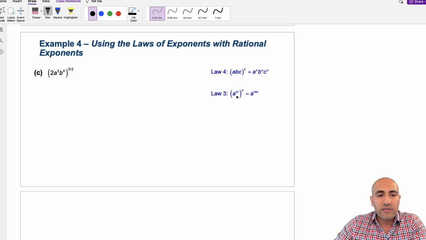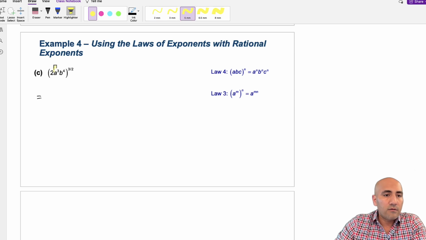And we've already dealt with this property before. So this is equivalent to, okay, so 2 has a 1 there. By default, it's a little invisible 1 right there. So this is going to be 2 to the power of 3/2 times a to the 3rd power